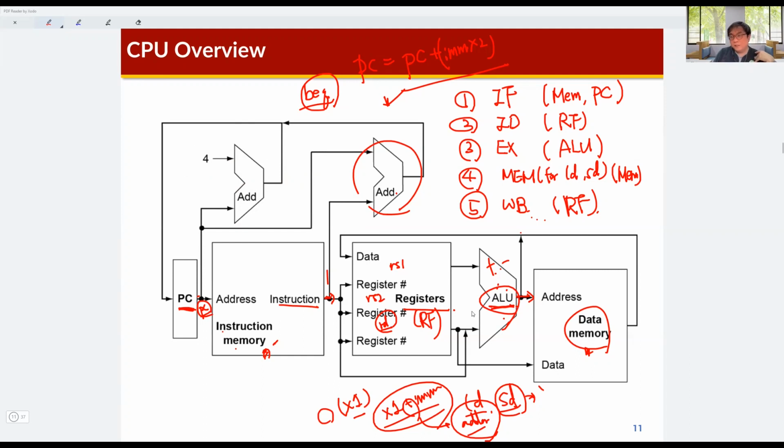But in a circuit design, if some signals are connected like this, that means this line represents the data flow. So in this figure, the PC and instruction memory are connected like this with this arrow line. So this line represents the data flow between PC and instruction memory. Okay,